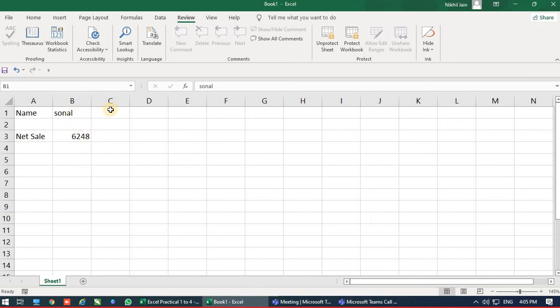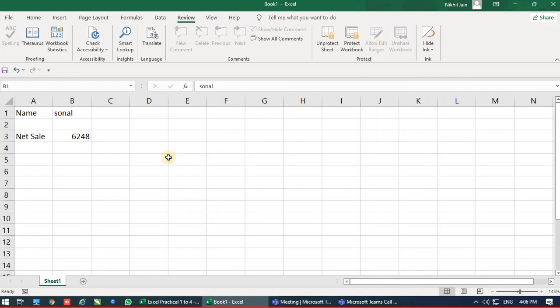I can just change this cell from Savant, Ravi, Sonal. So this is another useful option, allow edit range. It will give you permission to allow only 1 or 2 or 3 cells, and the rest of the cells will be locked. So no one can see the formula.